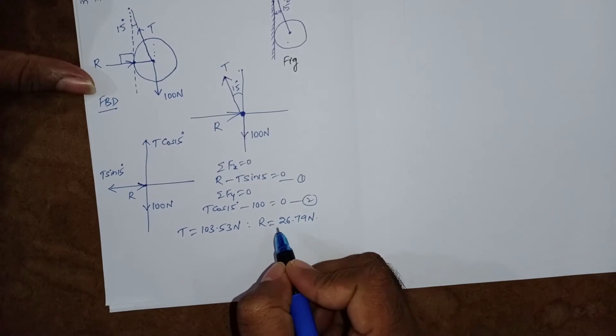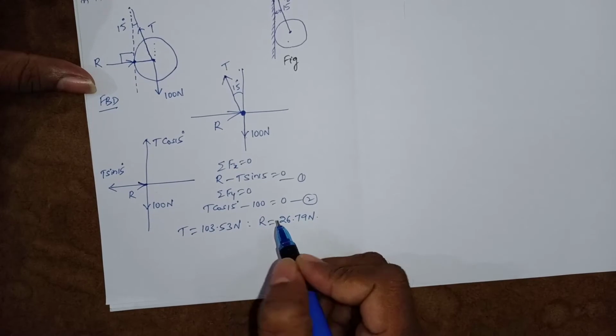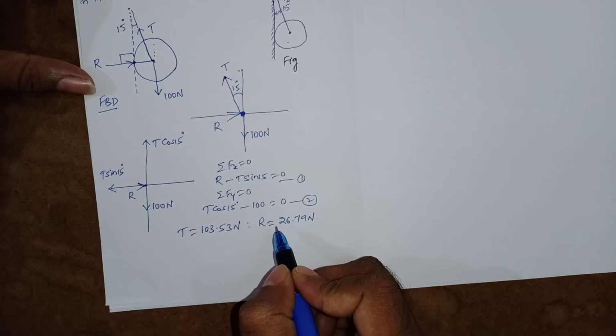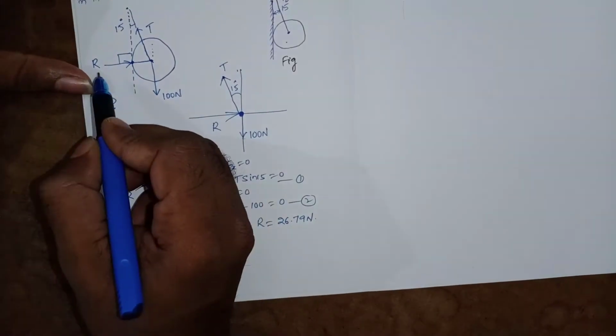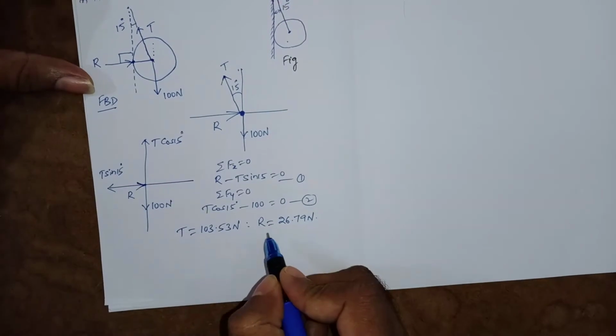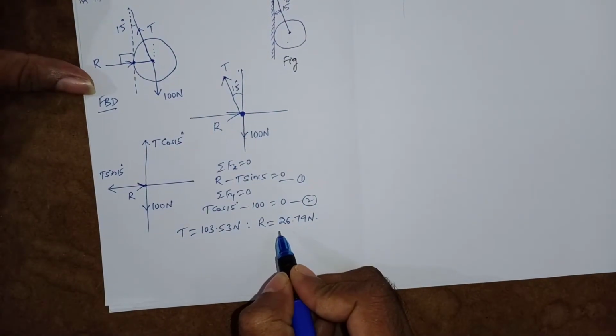In this case we got R equal to plus 26.79 Newton. It means that the assumed direction of R is correct. We have assumed that R is acting along positive x-axis direction, and we got R value plus 26.79, which means the